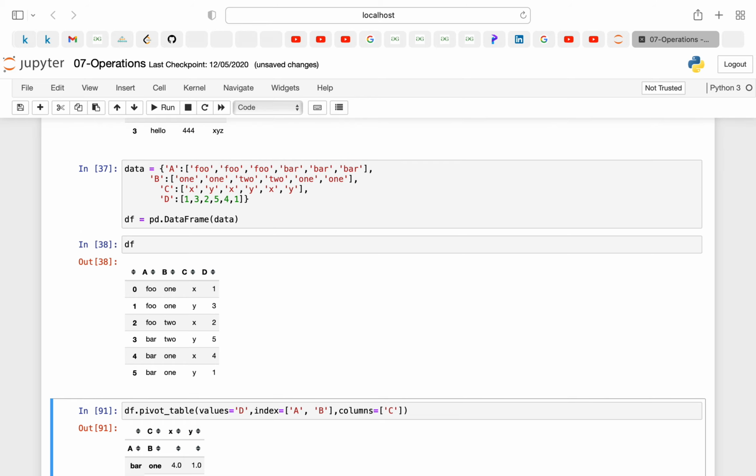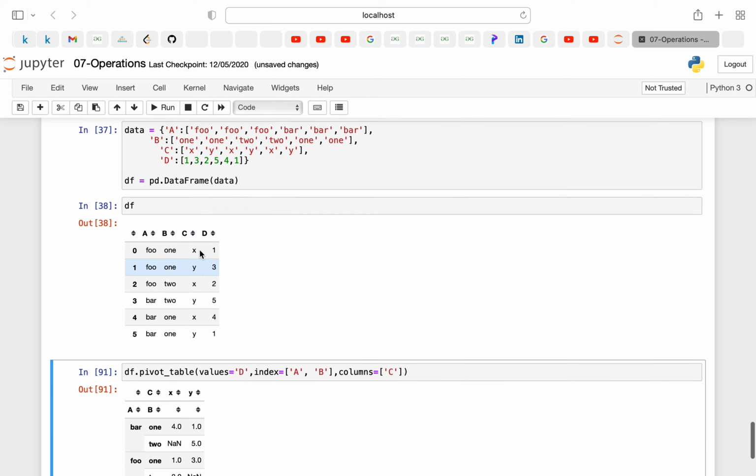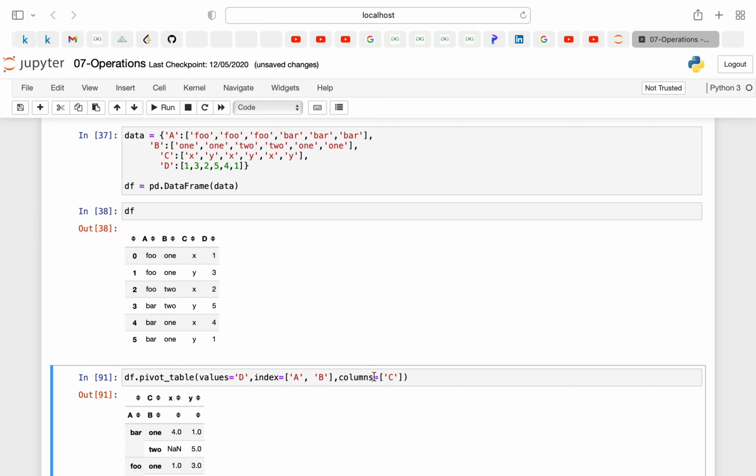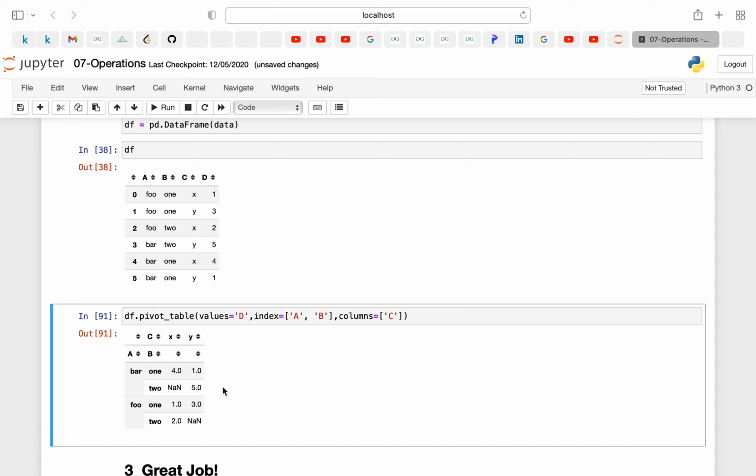Suppose you want to analyze a certain form of data by gathering some rows and keeping certain columns constant, so we can define our pivot table. As you can see, I can do df.pivot_table, and I can pass my values, whatever values I want.